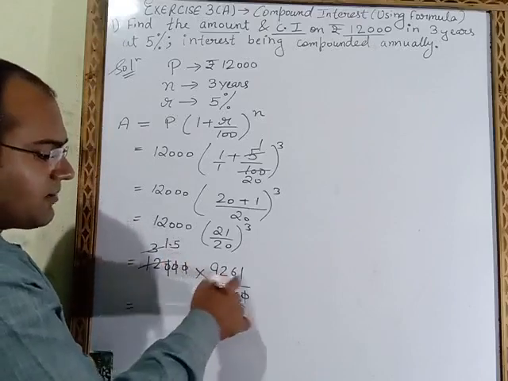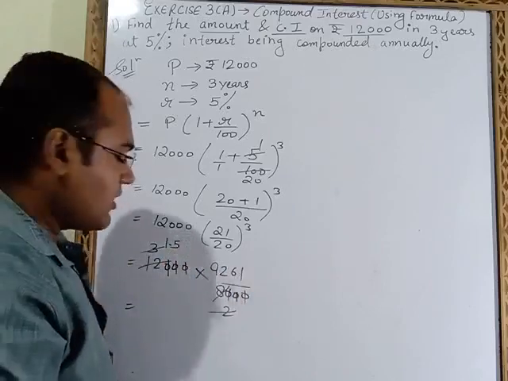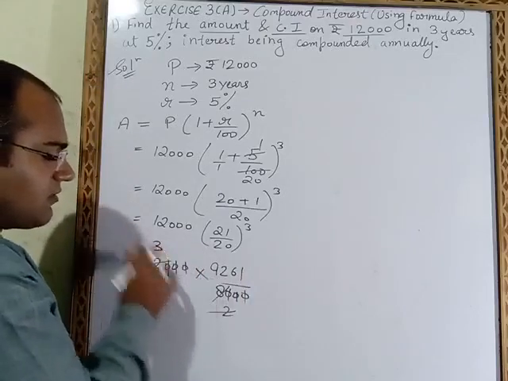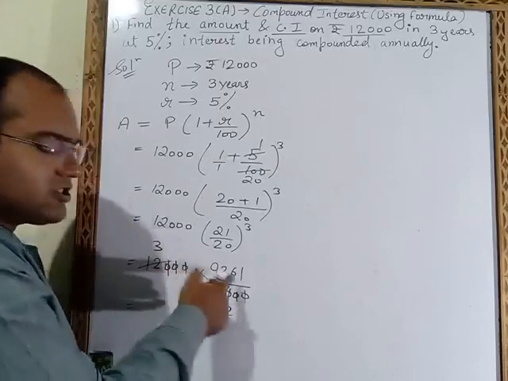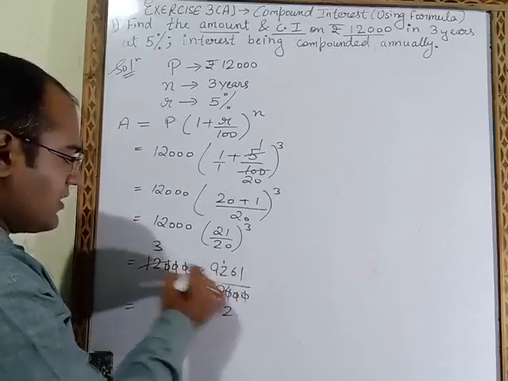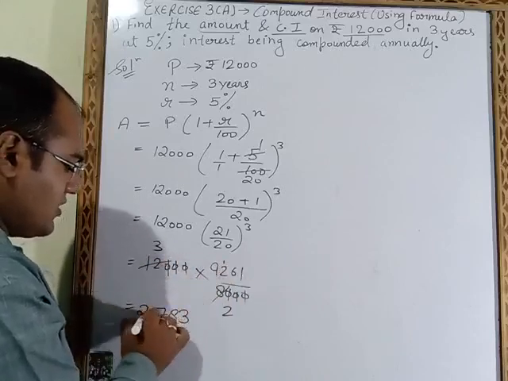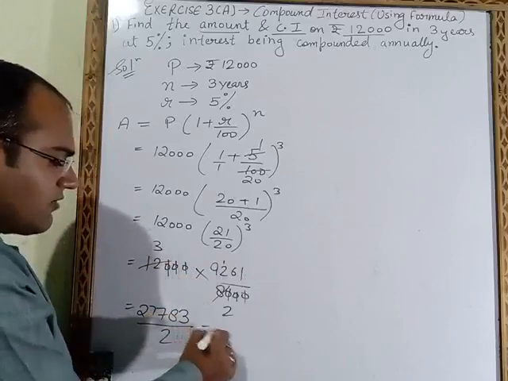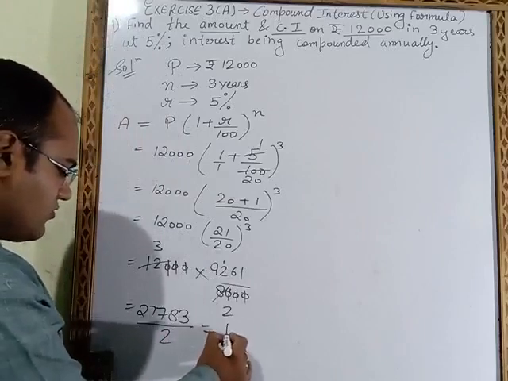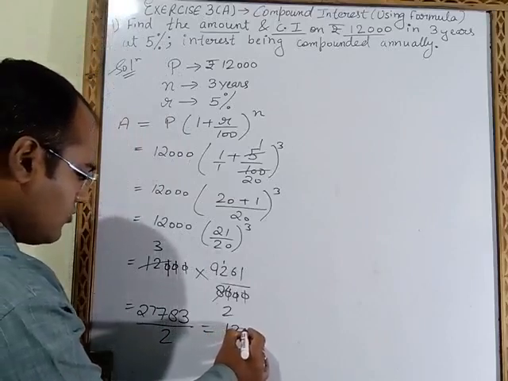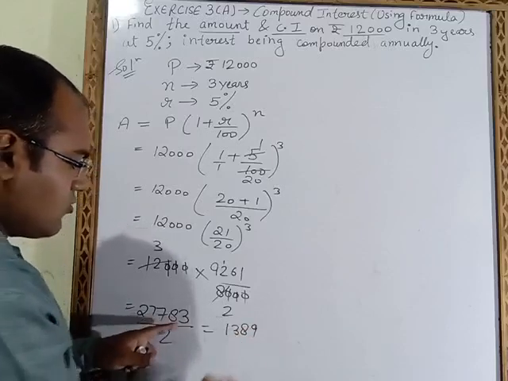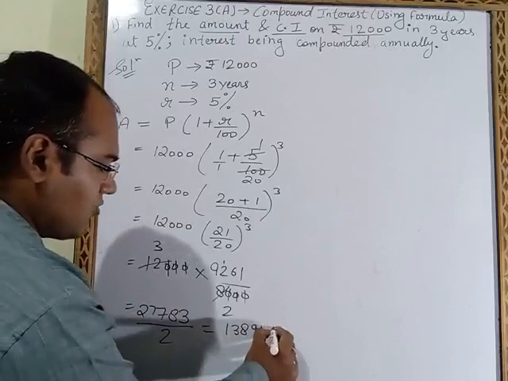Then 1.5 multiplied with 9261. Or you can do it another way, no need to cancel it. This 3 we will not cancel, this 2 will not cancel. Another method is you just multiply it with 3. 3 ones are 3, 3 sixes are 18, 3 twos are 6 and 1 carried, 3 nines are 27, upon 2. Now we will divide it and write the answer in decimal. On dividing it by 2, you will get 2 ones are 2, 2 threes are 6, 2 eights are 16, 2 nines are 18, 2 ones are 2, 2 fives are 10.